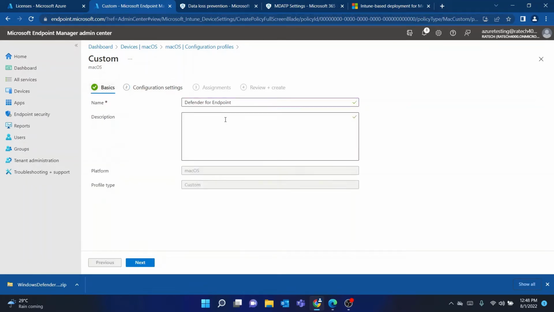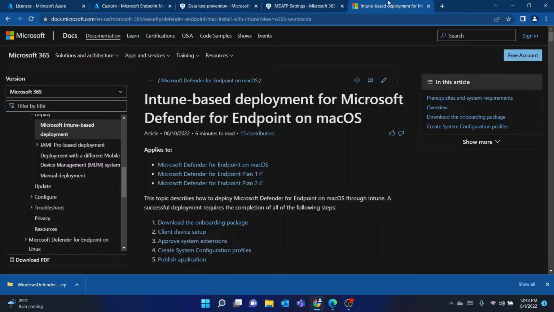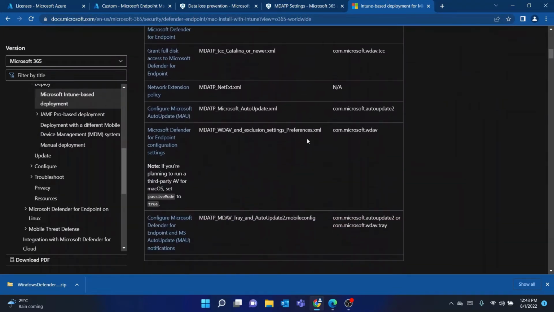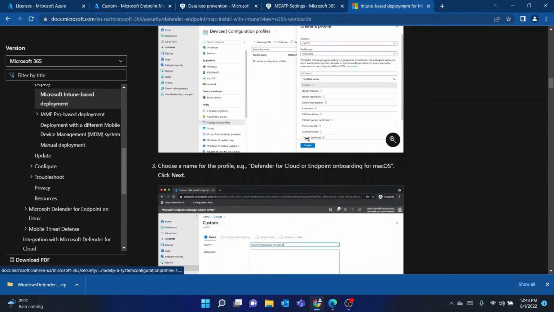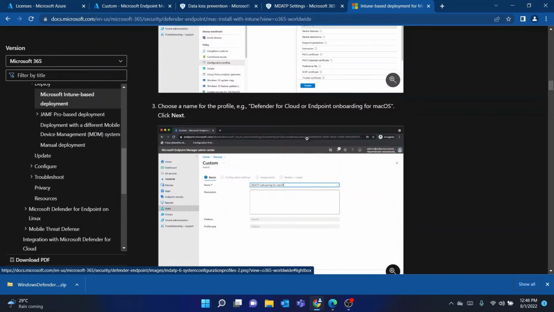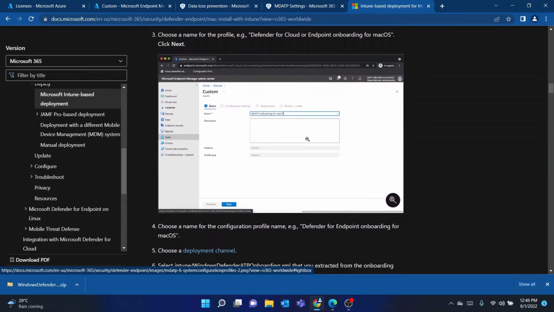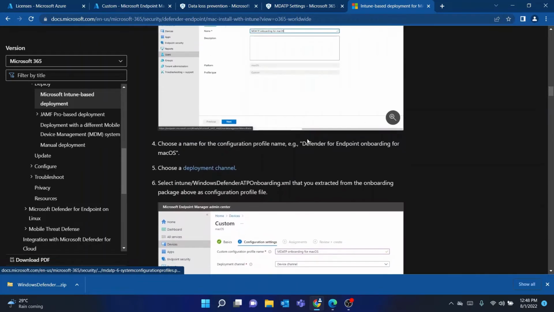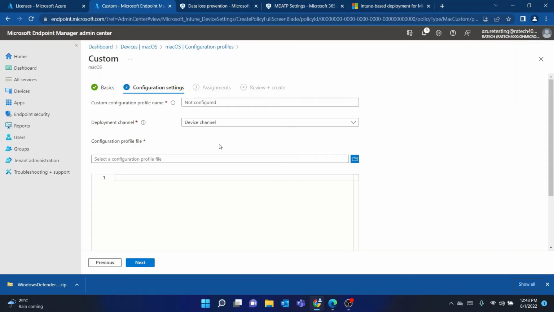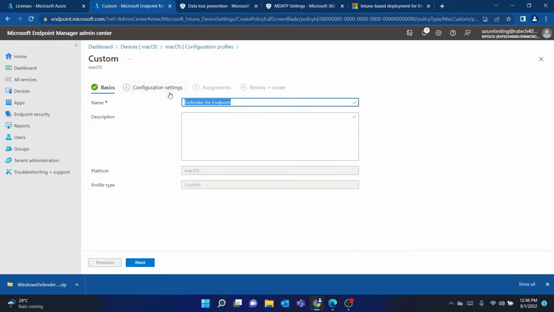I'll just give the same name here. Let me check the documentation as well. I just have to give a custom name. Okay, so I will select Defender for Endpoint here,